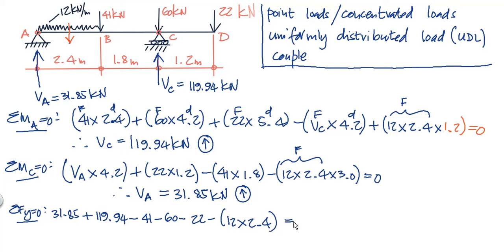Right, it should be 0, but do the check. So it's 31.85 plus 119.94 minus 41 minus 60 minus 22 minus 12 times 2.4